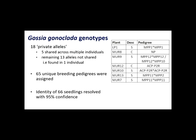So one of the reasons that we knew that some of these markers were real and not just an artefact of our analyses is that we did know that there were some plants that were cuttings. These markers actually occurred in both the parent and the cuttings, so we had really good data quality control there. In the end, I was able to assign 65 unique breeding pedigrees,